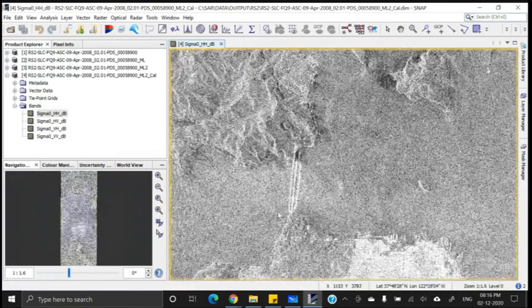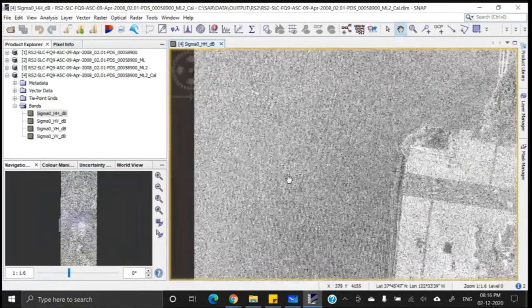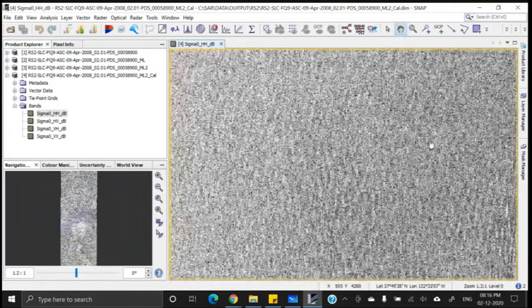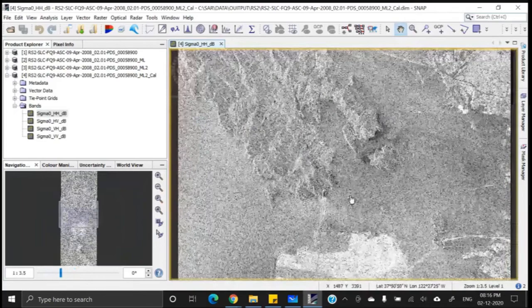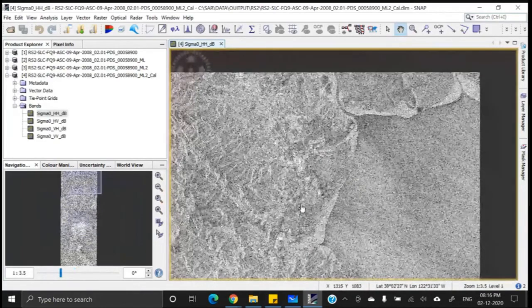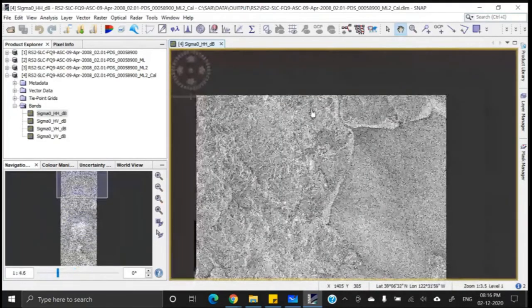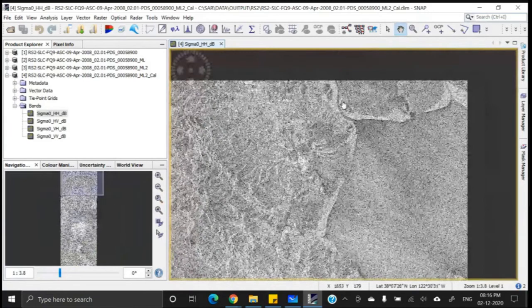This image, as you can see, is a little bit interpretable, and also the noise has been reduced, but still it has a lot of problems. I mean, features cannot be identified properly. So this is the problem with the radar image.